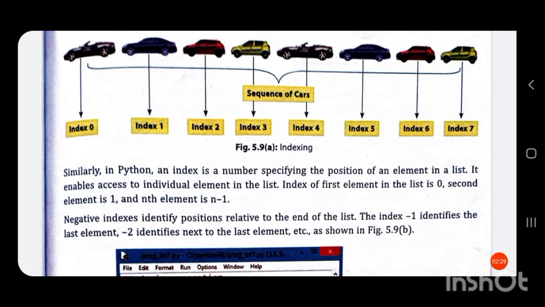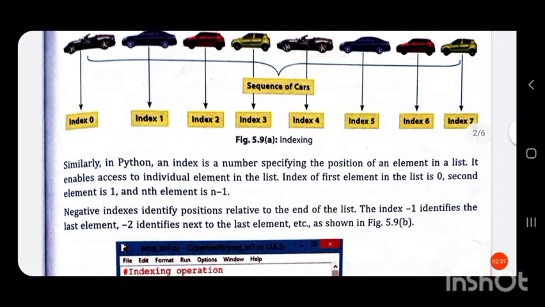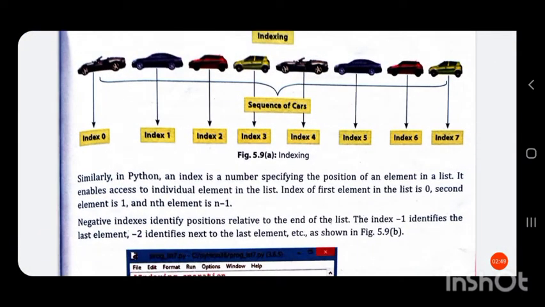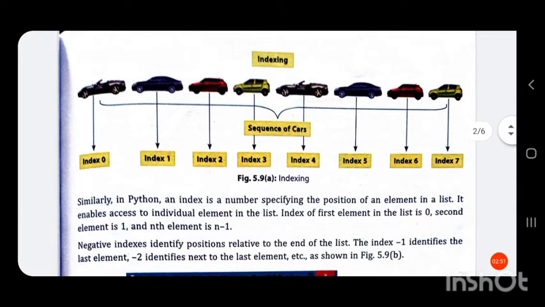Index of the first element in a list is 0. Then index of the second element is 1. And index of the last element or nth element is always -1. So here you can see the sequence of cars.